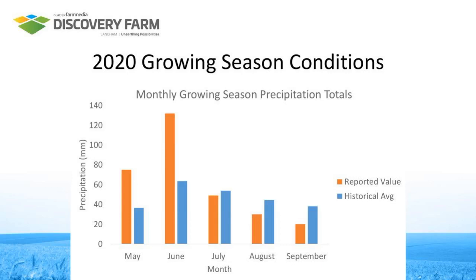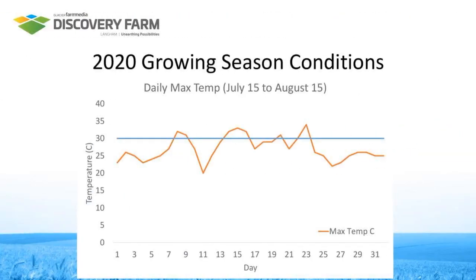So very clearly, we can see that early on in the growing season, we had above average moisture, from May well into the first half of July. But then from about the middle of July onwards, the taps effectively shut off, and we have below average moisture conditions in the field. What about temperature?